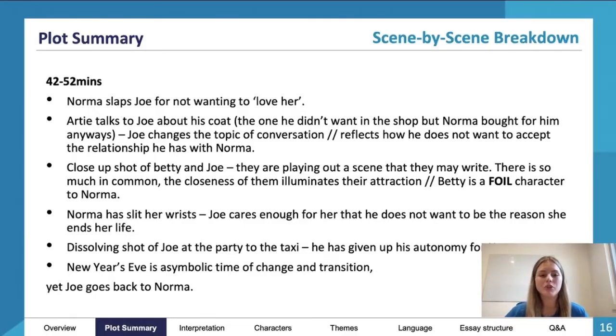So Norma has also self-harmed and slit her wrists, and Joe cares enough for her that he does not want to be the reason that she ends her life. So we can see that he does care for her, but I think it still is on that kind of superficial level. It's not quite love, or the way that he learns to love Betty. It's not that